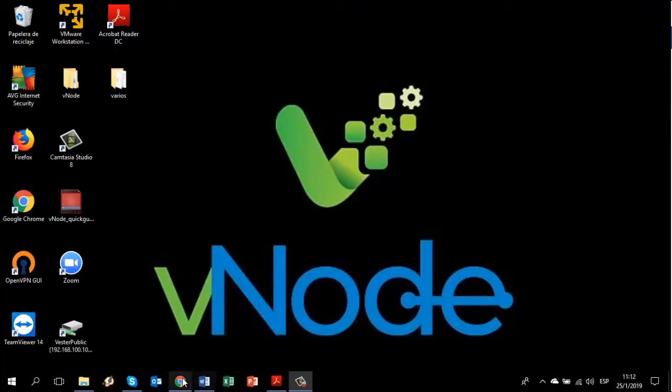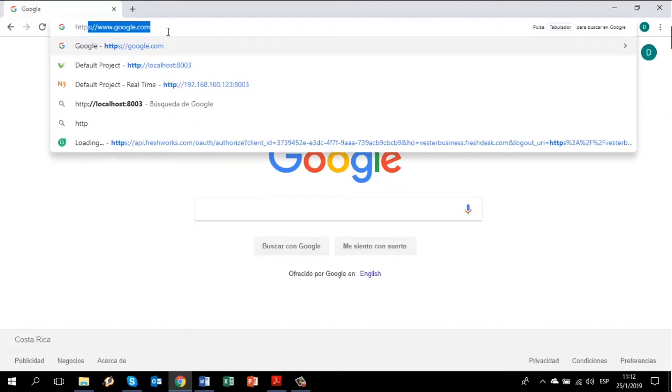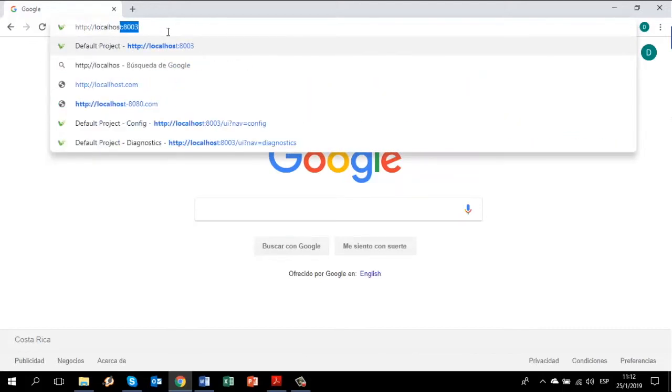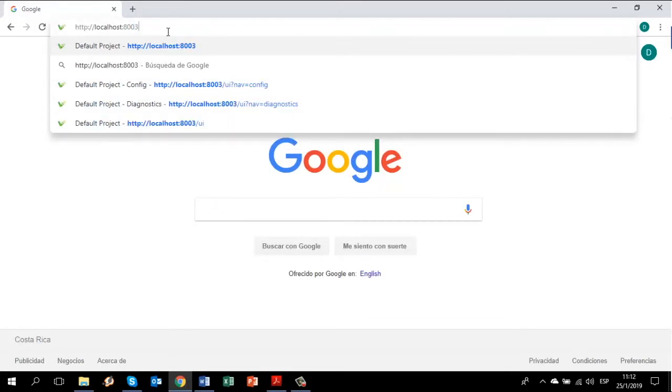Using a web browser of your choice, you can hit the URL for vNode Automation Software. Type http, in this case localhost, because vNode is installed on our own computer, and a port number to access. This port number can be configured through the user interface of the vNode Automation platform. Hit enter